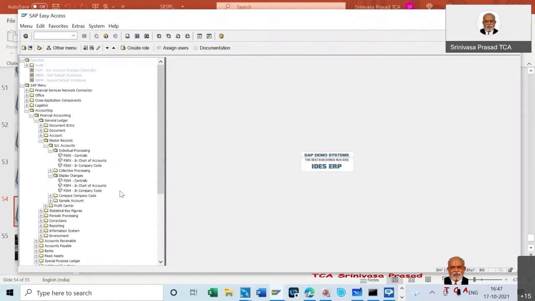Is that clear? I have a question, Mr. Prasad. Can the user ID be created separately for auditors so that they can have only the view? They are supposed to give you a user ID and password, which you can change when logging in for the first time. Then this will be with you always. The user ID will be for the auditor, and normally you will be given only view permission, because you are not going to do any posting.